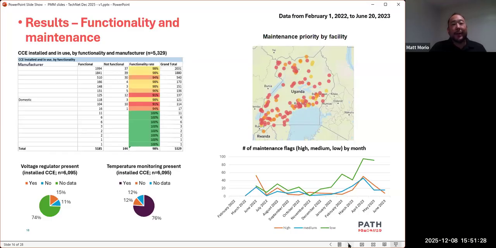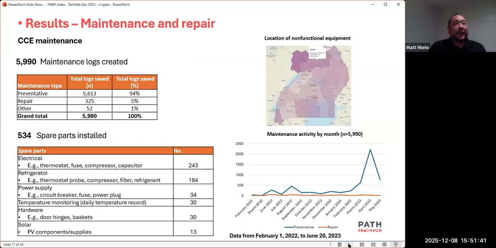The surge in the bottom right corner there, that green bar, was because of a national effort to update the inventories and collect information. And then my final slide is showing a little bit more of the data for action, from back in 2023. I don't have updated data, but it shows what parts were consumed, where they were, and what's going on in the country.